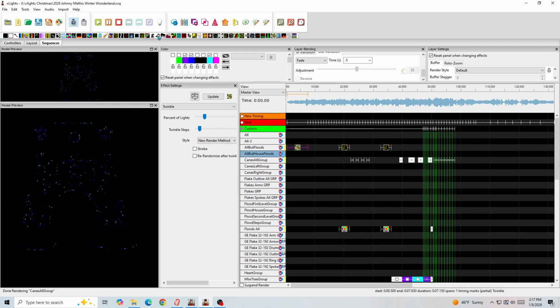There's a bunch of different effects you can select here, also listed across the top. You can make an effect go across multiple lights or props, or you can make an effect just happen on a single prop. This one I have going on all but the floods. I want these particular colors. You can decide how many of the lights should light up, what type of twinkle, etc. As you can see, if I play this,